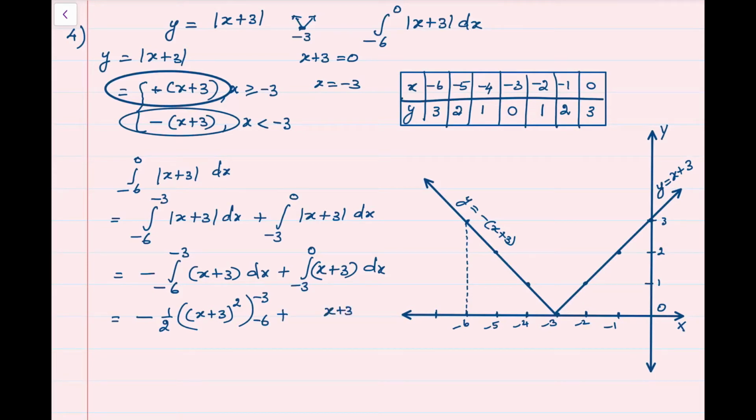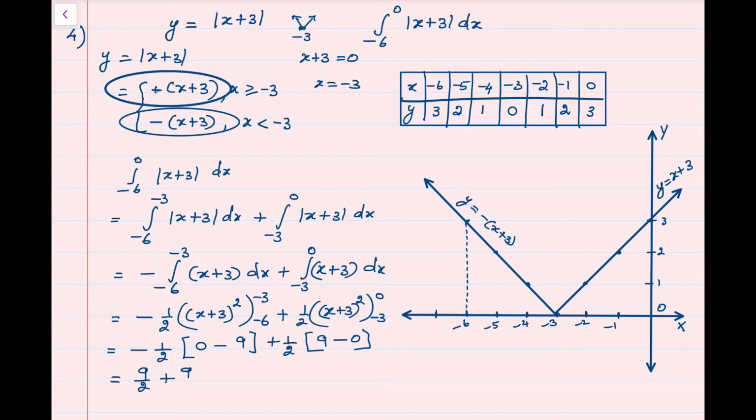Similarly, the integral of this is (x plus 3) the whole square divided by 2, and the limits are minus 3 to 0. Minus half into upper limit becomes 0, lower limit is minus 6 plus 3 which is minus 3, minus 3 the whole square is 9, plus half into upper limit is 3 square which is 9 and lower limit is 0. 9 by 2 plus 9 by 2 which is 9